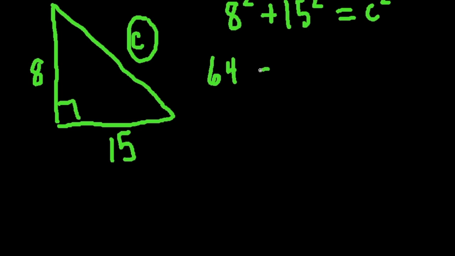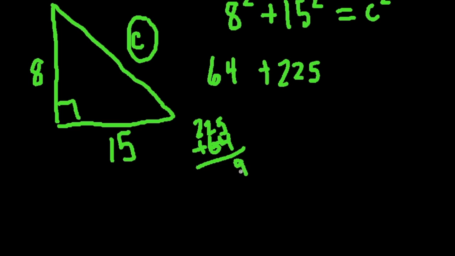So let's plug in these numbers. 8 is A, so you'll go 8 squared plus 15 squared, because that is B, equals C squared. Now we know that 8 times 8 is 64, and we know that 15 times 15 is 225. We add those together, 225 plus 64, and we get